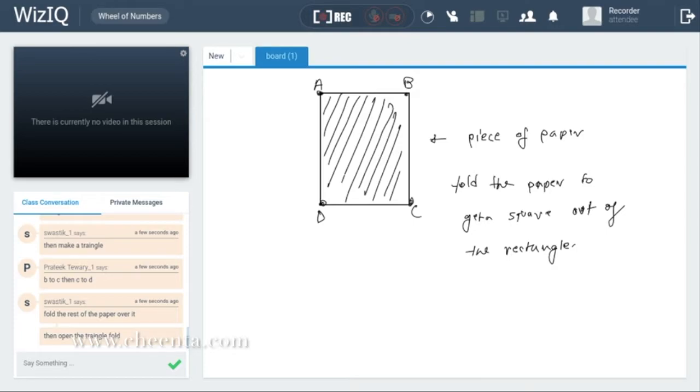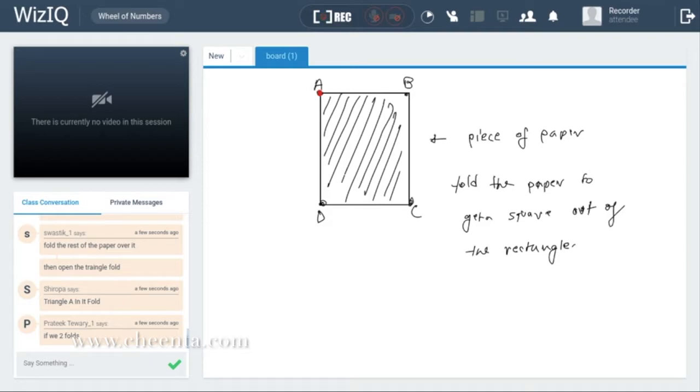So if you have joined late, if you have joined right now, then this is the tool that you will need to attend today's discussion effectively. So you start with ABCD, a rectangular sheet of paper. As a first step, we want to get a square out of this rectangle. Since this is more of a seminar style class, I cannot give you much time to actually think about it. But the idea is this: